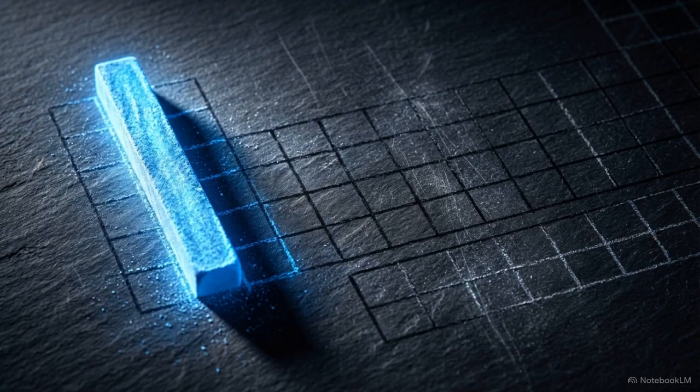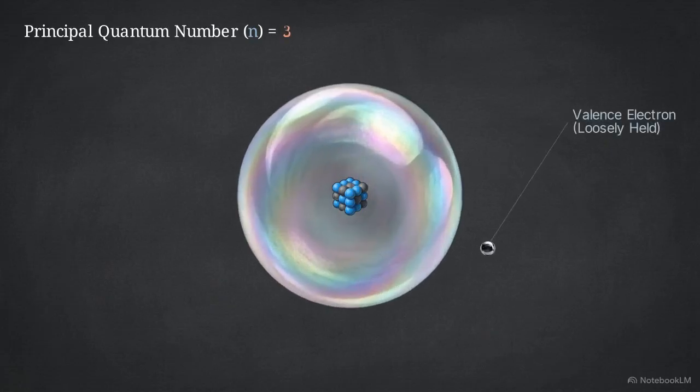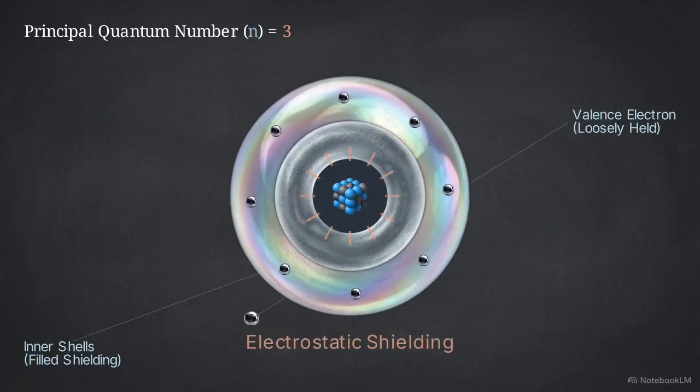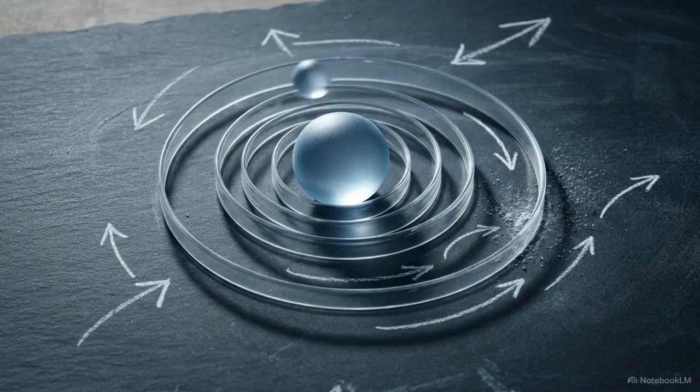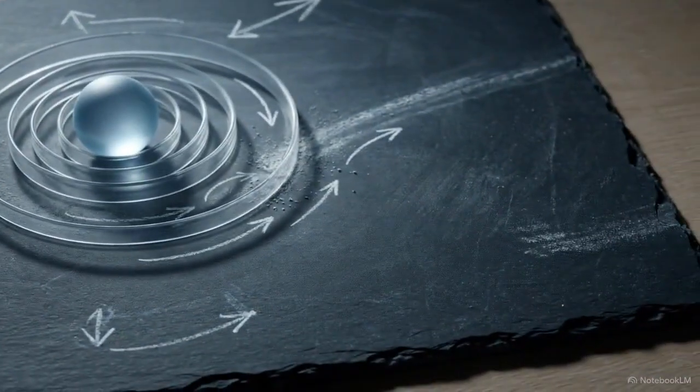Shifting focus to a vertical group, we observe the sequence of elements from top to bottom. Moving down a group increases the principal quantum number, creating an entirely new filled inner electron shell. These intermediate inner shells physically separate the positive nucleus from the outermost valence electrons. This separation creates electrostatic shielding, a phenomenon that diffuses the inward pull of the nucleus before it can reach the valence shell. This vertical accumulation of inner shells overrides the increasing positivity of the nucleus, leaving the outermost electrons loosely